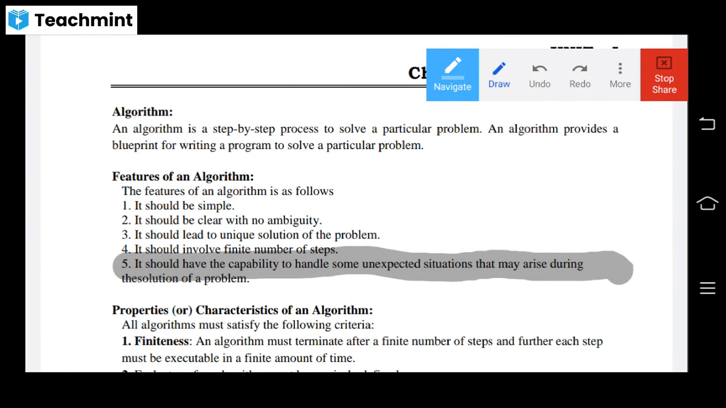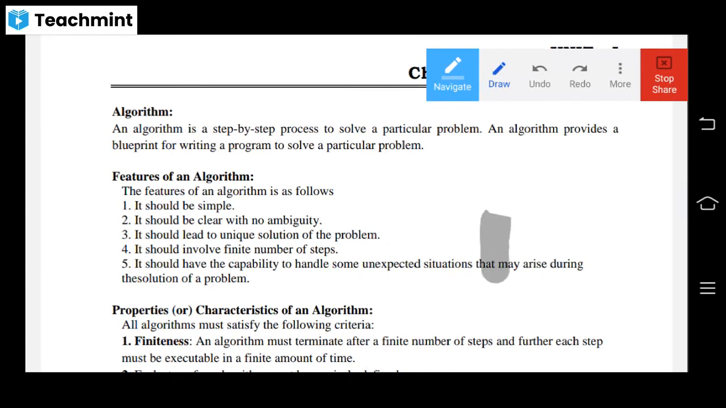These are the features of an algorithm. What are the features included in these algorithm? First of all, what is the definition of the algorithm? An algorithm is a step-by-step process to solve a particular problem. An algorithm provides a blueprint for writing a program to solve a particular problem. It is an algorithm, and in these algorithm the key features included are,